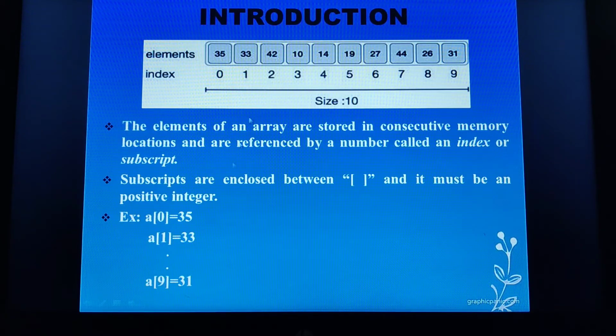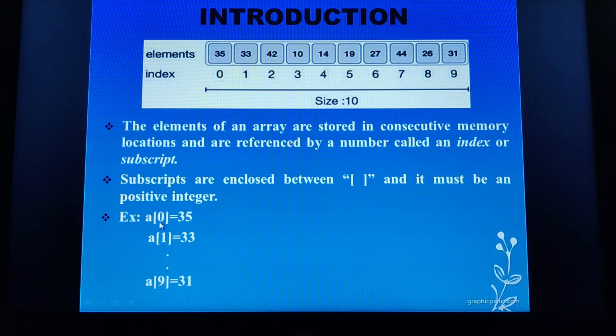As I was telling, I can fetch a particular element only when I know the subscript or the index. Now look at the example here. How can I write a of 0? A of 0 in the sense what? This 0 indicates a position. What is being stored in a of 0? This is a of 0. This is a of 1. This is a of 2, a of 3, a of 4. What do you mean by this a? A is our array name. As in our previous example, we have seen int a of 10, isn't it? That means the array name is a, which can hold 10 elements of data type integer.